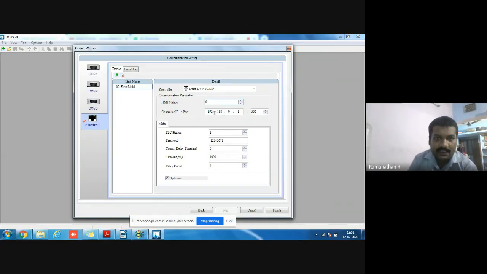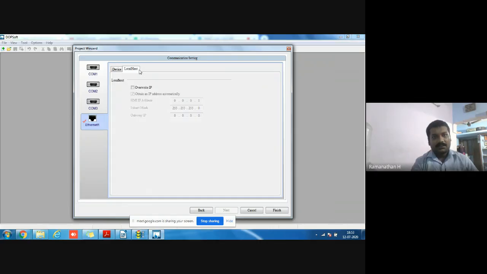You set the IP and port here, and you set which PLC you will communicate to, that PLC station address, and password. If you want to give a password you give it, or you just neglect it. That's no issue. But if you give a password you must memorize it, otherwise next time you can't open the HMI backup.